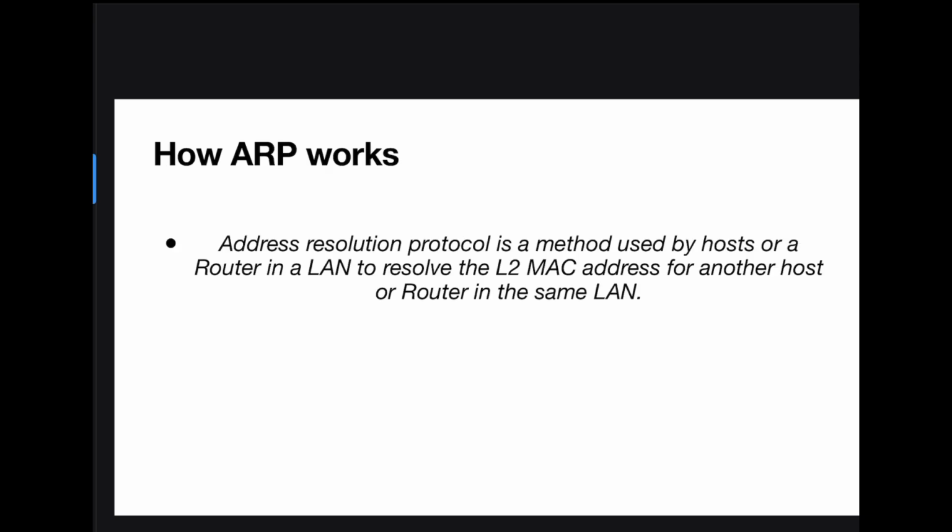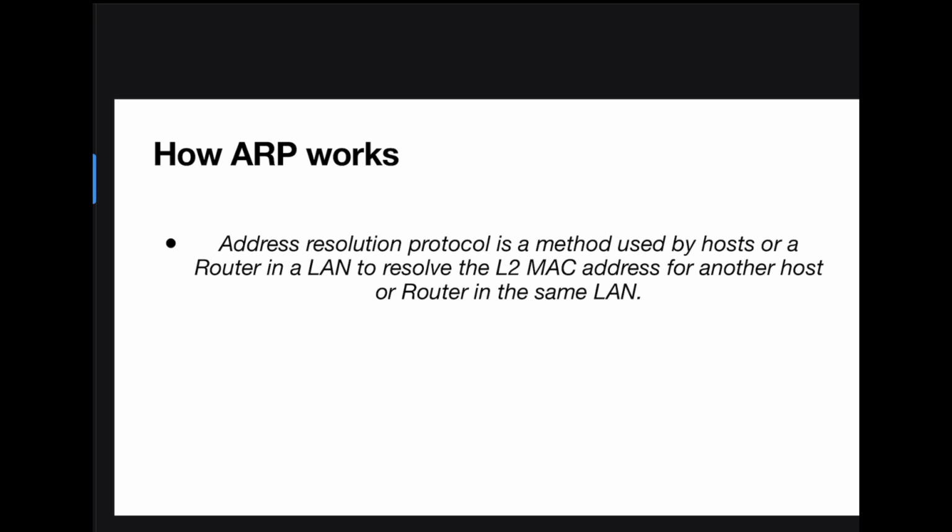So firstly, I just want to give a general explanation of ARP. Address Resolution Protocol, ARP, is how hosts or a router in a LAN resolve the layer 2 MAC address for another host or router in the same LAN. Basically, when you've got a client or a router in a LAN and they're trying to communicate with another router or a host device,